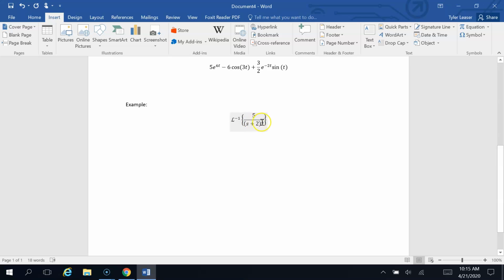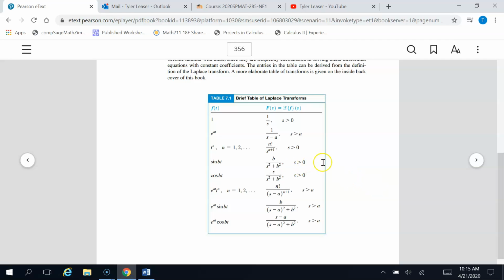Okay, so it's just one term here, so let's go ahead and look at the table in the book to see which one this matches. We have a constant up top, and then an s plus a constant to the 4th power in the bottom. It looks like it's going to have to be this one here. Okay, so we have this e to the at, t to the n. The power in the denominator is going to decide the n for us, right? It was to the 4th power, which means that our n is going to be 3. Instead of s minus a on the bottom, we had s plus 2, so our a is going to be negative 2 again. So it's going to be e to the negative 2t, and then t to the power of